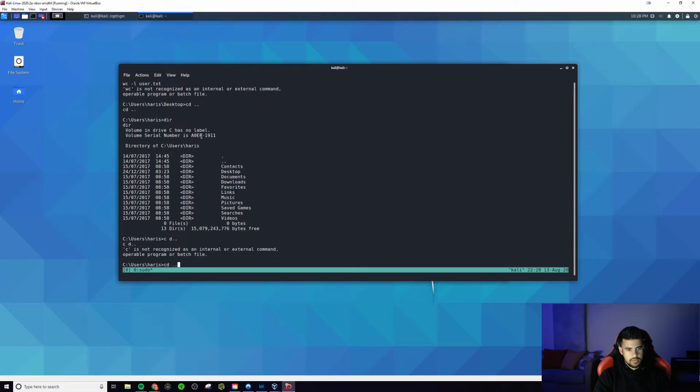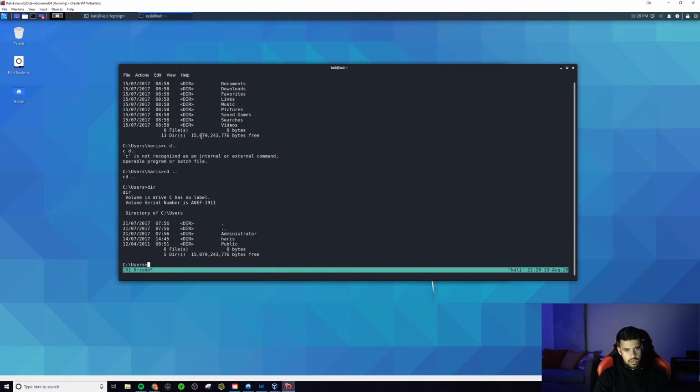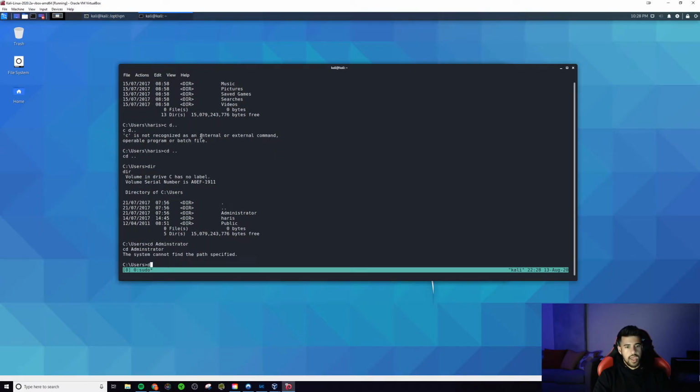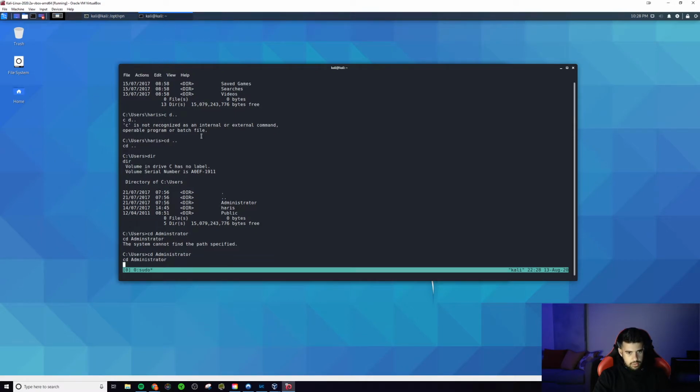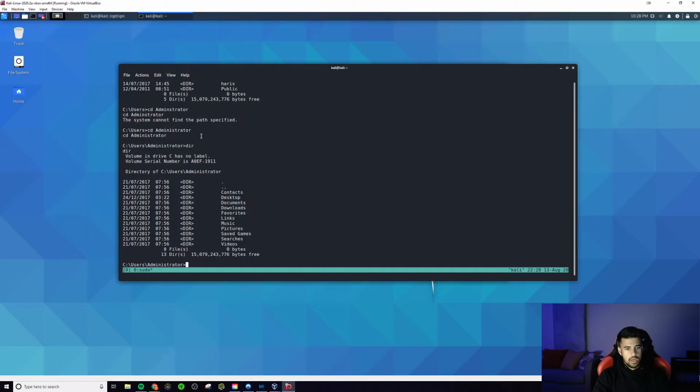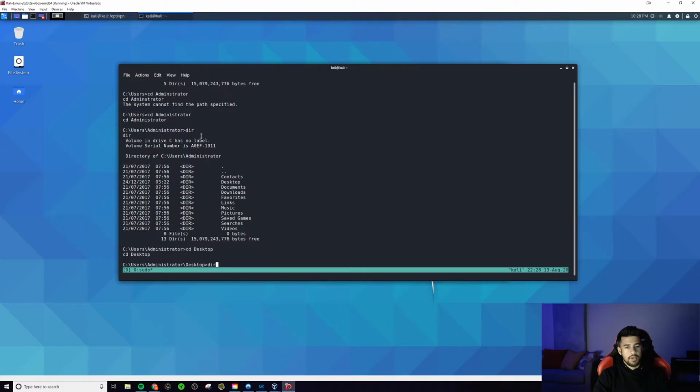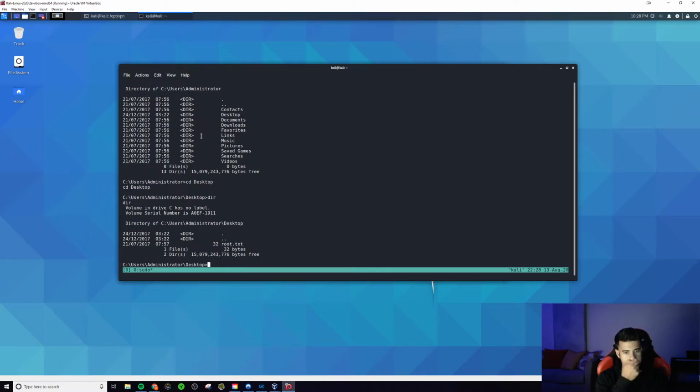back again, and we go into administrator and do the same thing, and that's how we would get it. Whoops, I did not type that correctly. Administrator, and then I think the desktop for that should be the admin flag, root.txt. So you just, I guess it's not cat. It's not cat in Windows. It's type, I believe. But yeah, and then you can get that flag, and then once you have those flags,